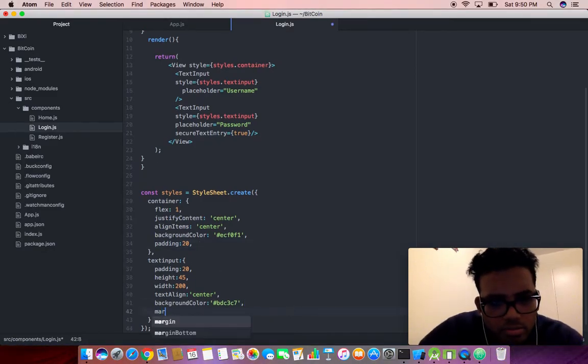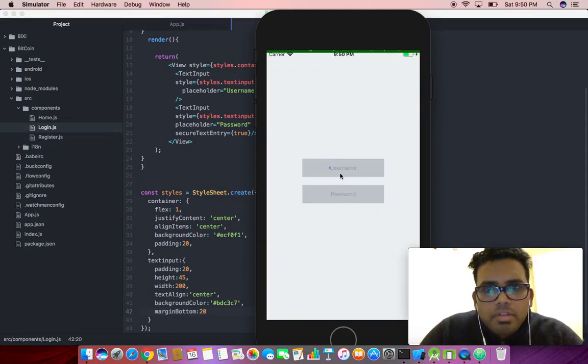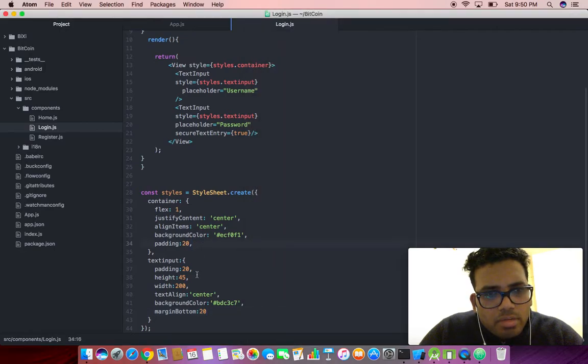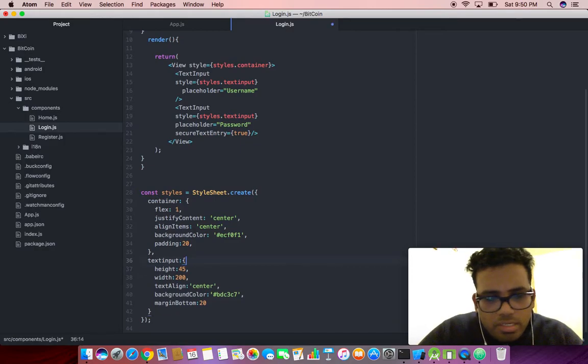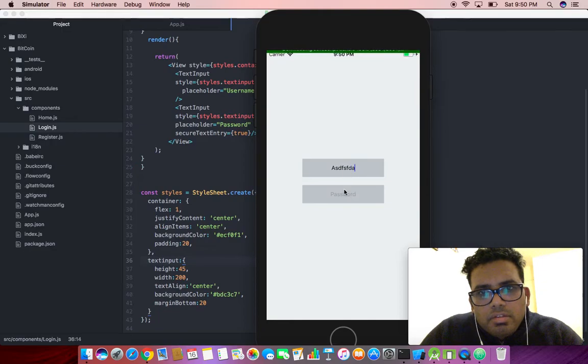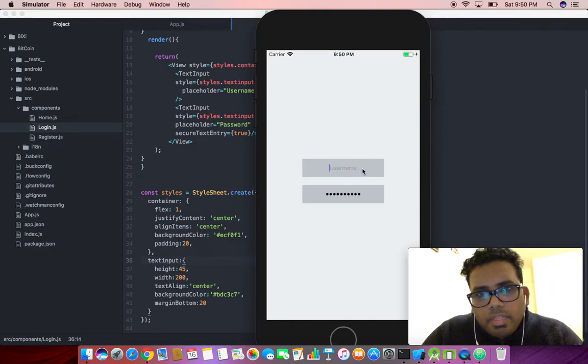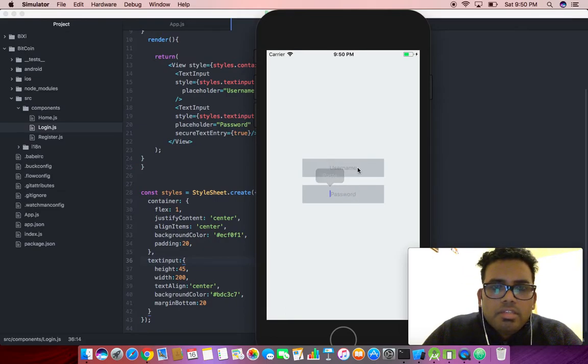Let me give the margin bottom equal to 20. Here we go. Yeah, so margin bottom is working, but let me remove this padding. We don't need this padding. The text input. Yeah, here we go. Okay, so we made an input field and a password field over here like this,